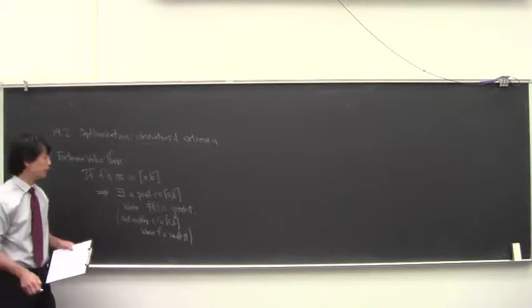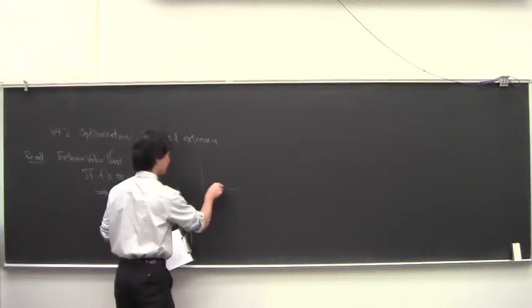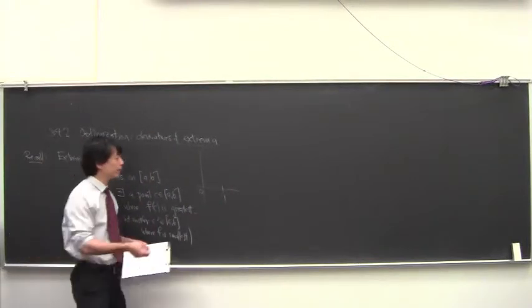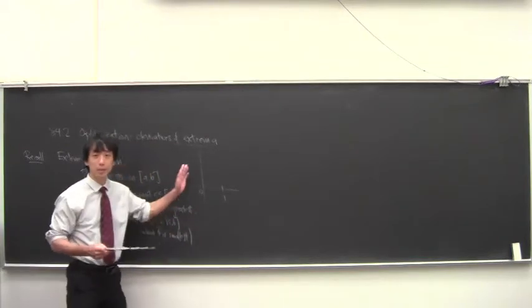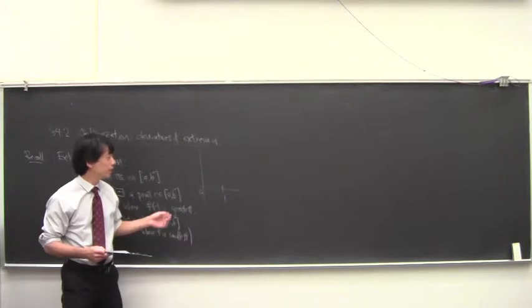That is, you have some closed interval, say 0, 1, and if you have a continuous function on there, then you're guaranteed a place where the function is biggest. And I think we said